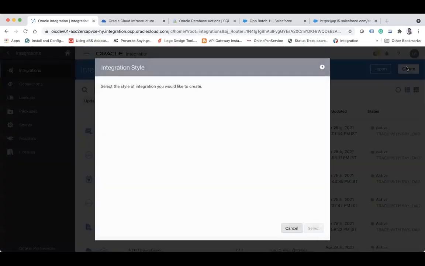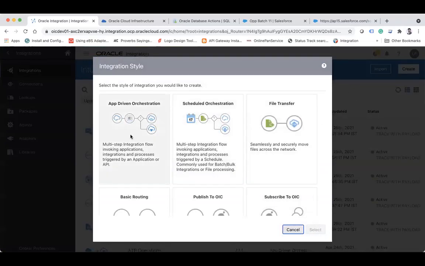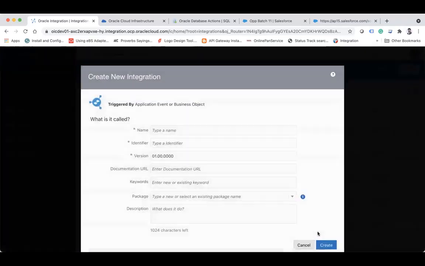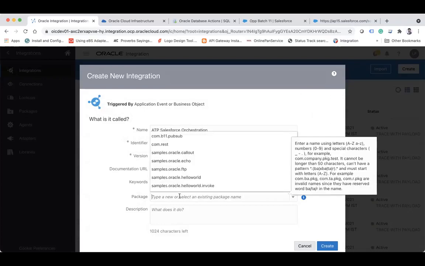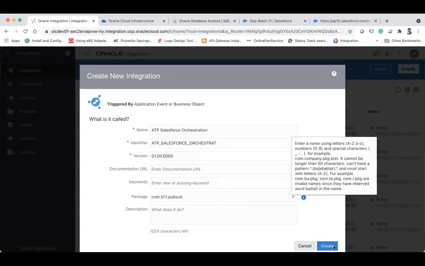So what I want is to call app driven. I want to create one app driven orchestration. Select it and let's say ATP Salesforce orchestration process. And here the package will remain the same, this one. And then